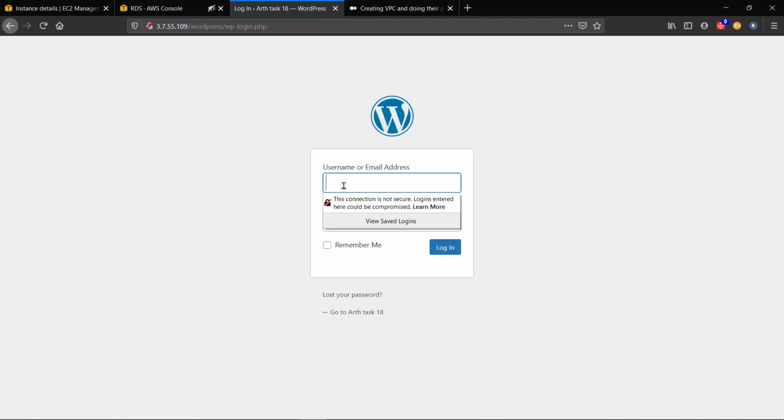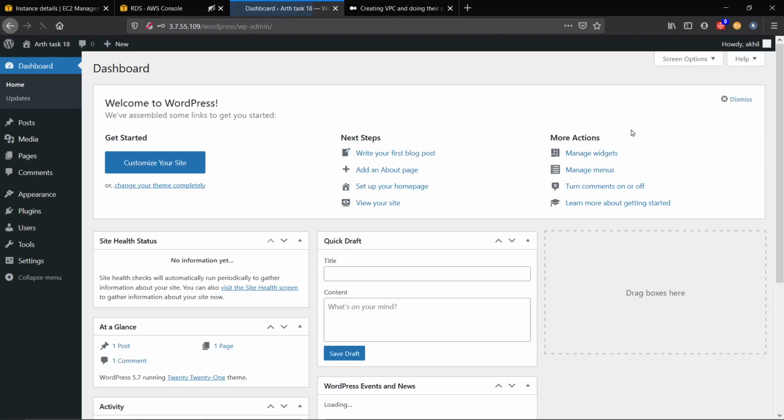We can log in, and password as the first one. So this is my dashboard of the WordPress. So we will create a post over here.